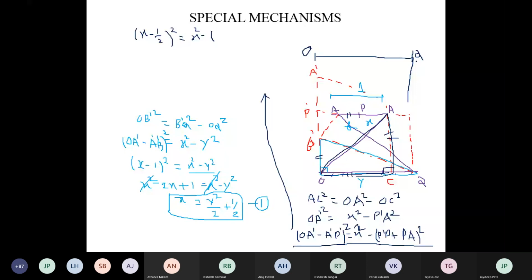Since P is a midpoint, P dash will be y by 2. Correct. y by 2 minus PA. P is the midpoint of AB. What will PA be? 1/2. Now you have to